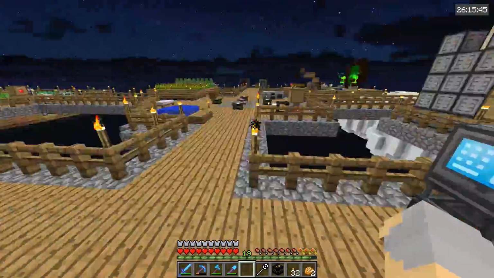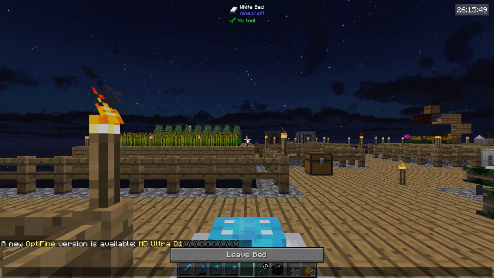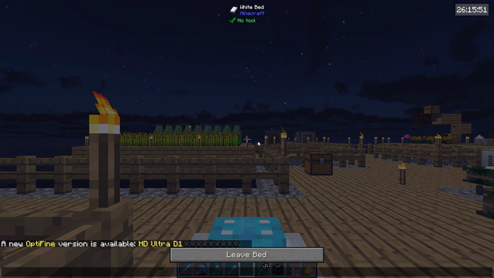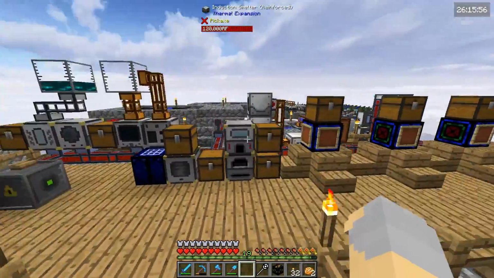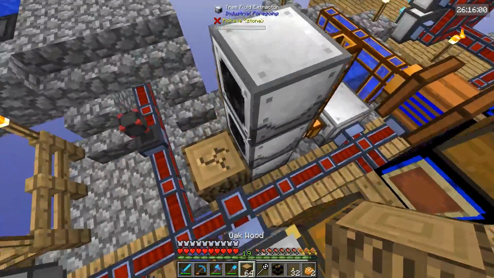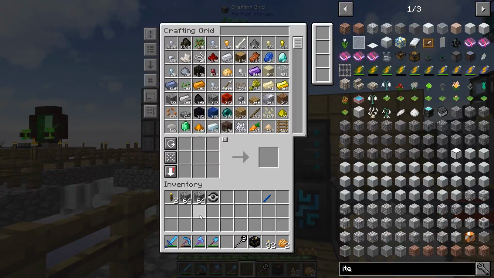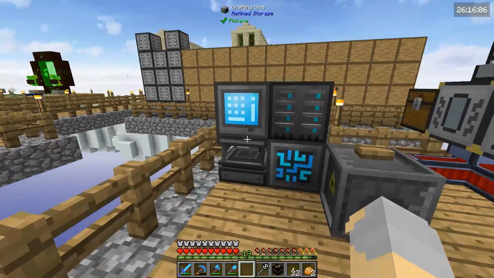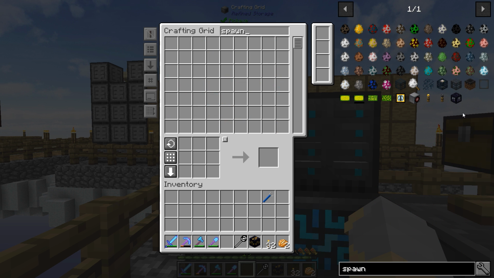So here's the plan. First of all, let's just sleep. Let's sleep before we do anything else. There we go. Sleep finished. And also, let's do something like that as well. We want to keep that plastic going. I really should just automate this all together so I don't have to manually put the stuff there, but that's fine. Okay, so what we need to do is make ourselves a...